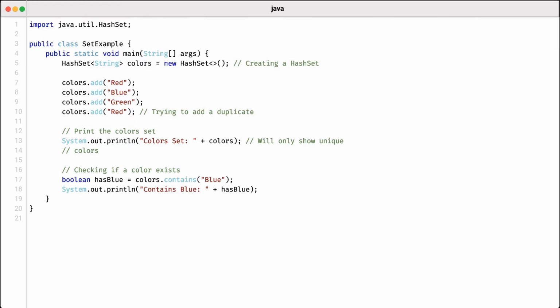We also include a check for the presence of a specific color, blue in this case, using the contains method, which efficiently checks for the existence of an element within the set, showcasing the performance benefits of using HashSet over lists. This code effectively demonstrates the basic operations of a HashSet, reinforcing our understanding of the set interface within